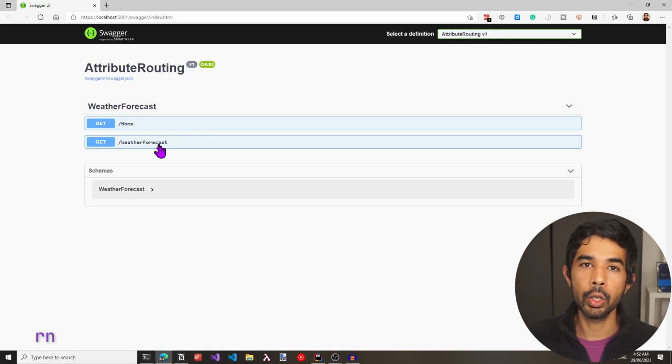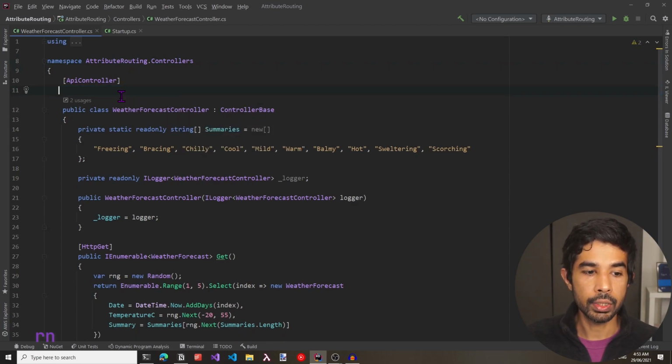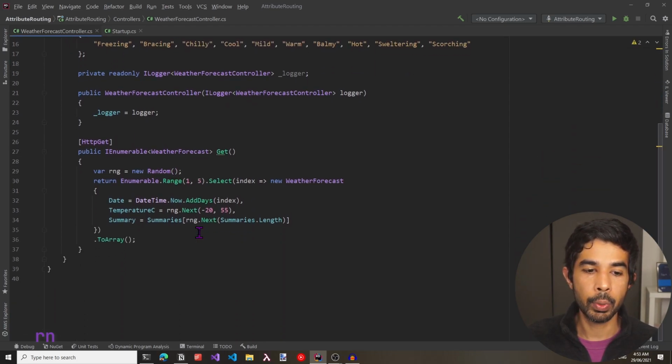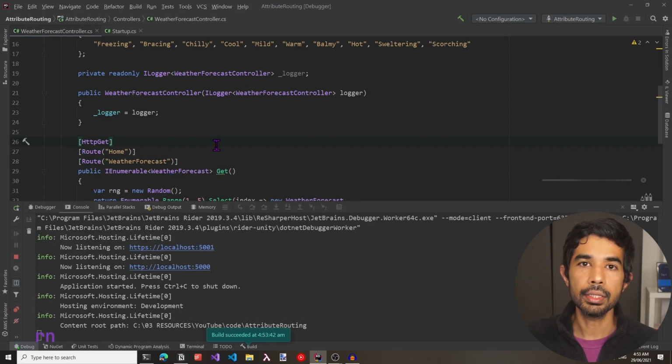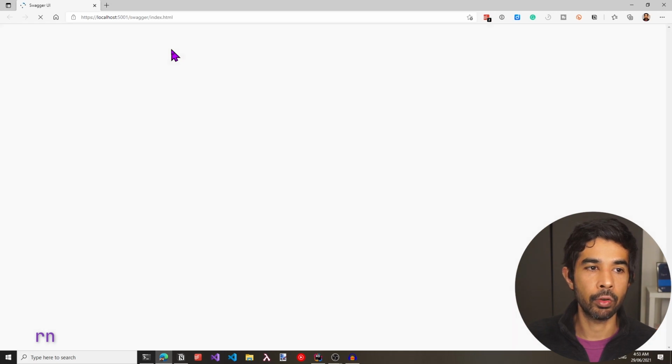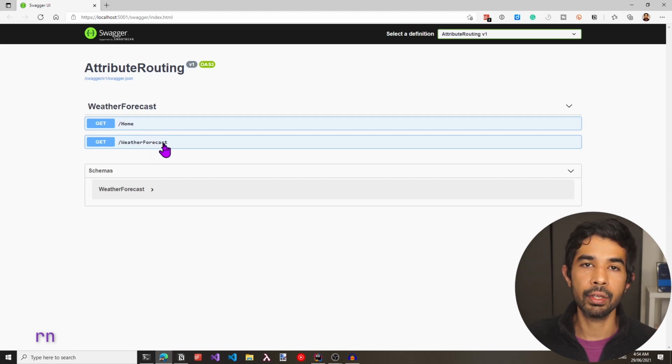Now both of them are going to work exactly the same because both of them are routing to the same action endpoint on that controller class. These attributes are currently specified at the class level. We can also move this down to the action level, which is at this specific method, that is get in this particular case. So below HTTP get, I can paste in the two route attributes. This is going to map this exact particular method to these route attributes. If we run this, this will work exactly the same as before. So we have the Swagger endpoint and we have the two methods, which is the /home and the weather forecast endpoint, because we had specified two route attributes.